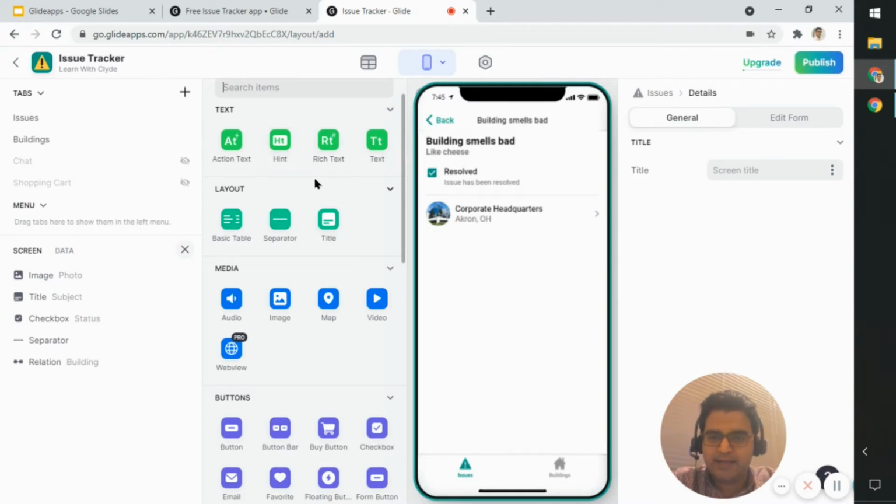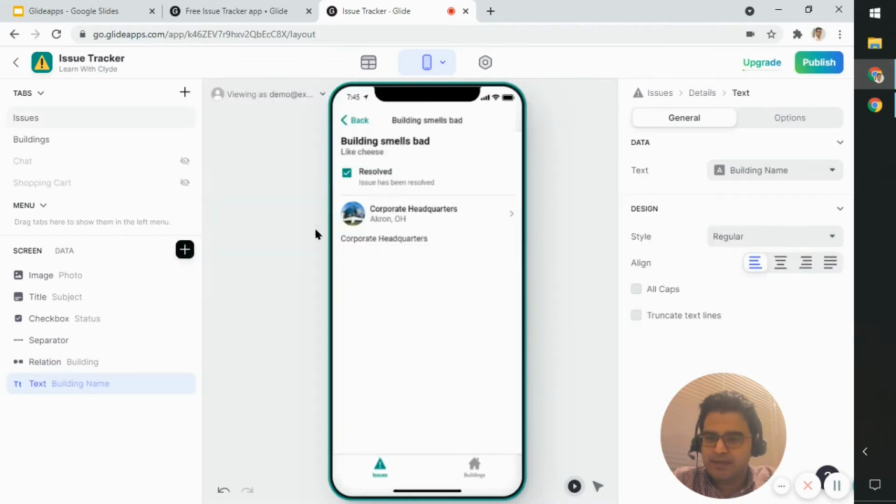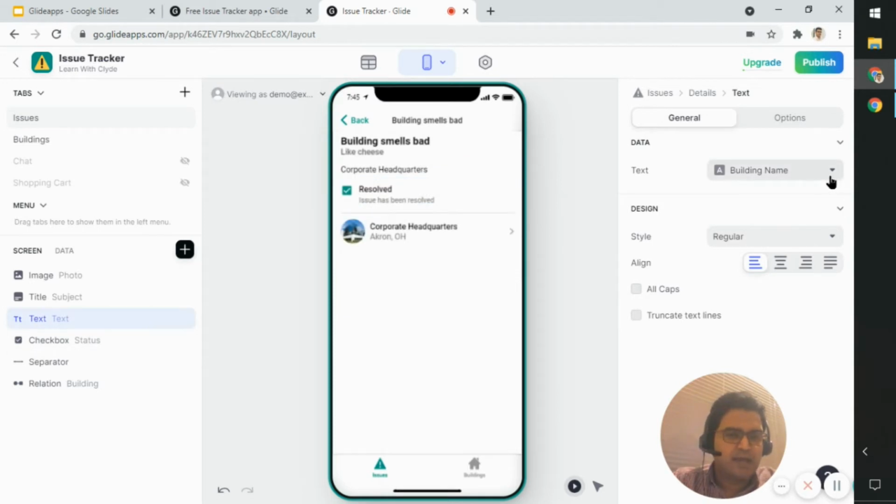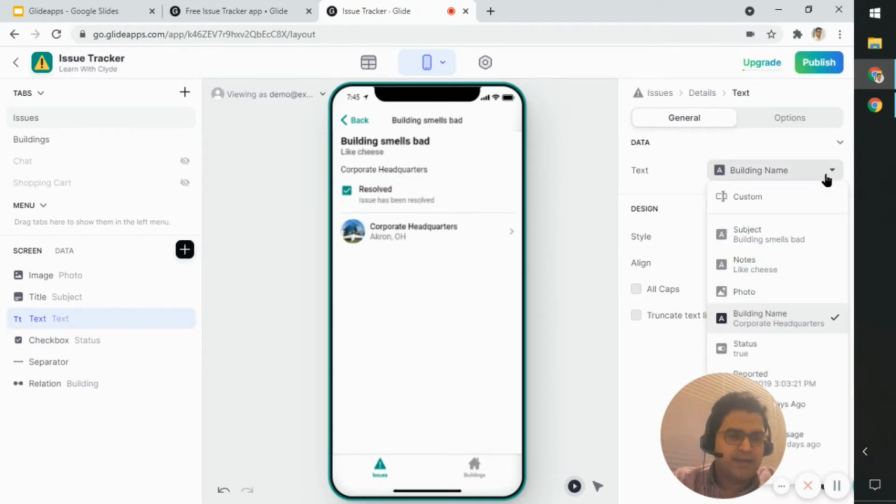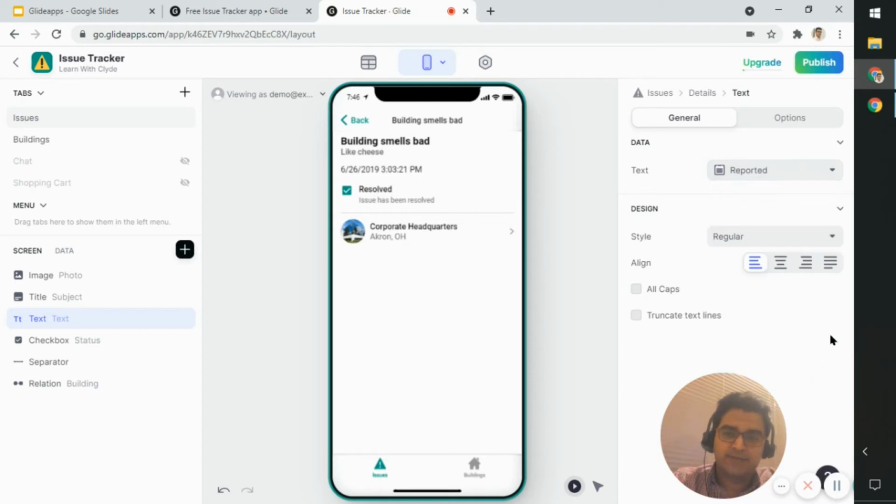So I can say, let's say text, so I'll give more text, and for this text component I'll just drag it on top just above the checkbox, and the data for this, well, we can really select anything, right? So you can just say reported at, and then that information which is stored in the spreadsheet will come through